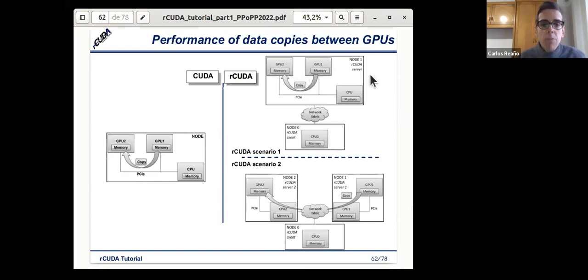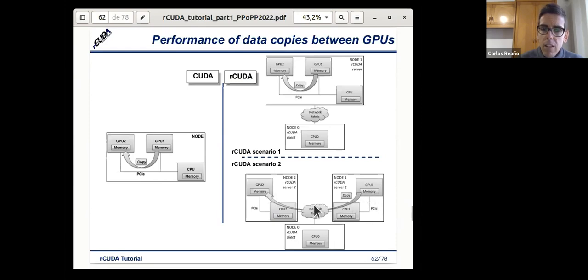But if we move to another scenario at the bottom right of the slide, we have one application running in one node, and this application is using 2 GPUs, each one installed in a different node. So in this case, the memory is going to be copied from GPU 1 in node 1 to, let's say, GPU 2 in a second node.